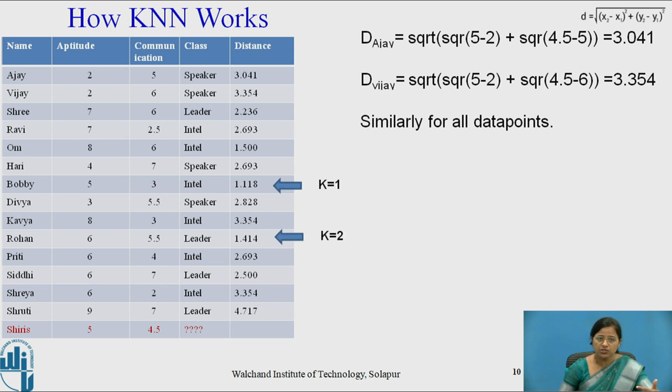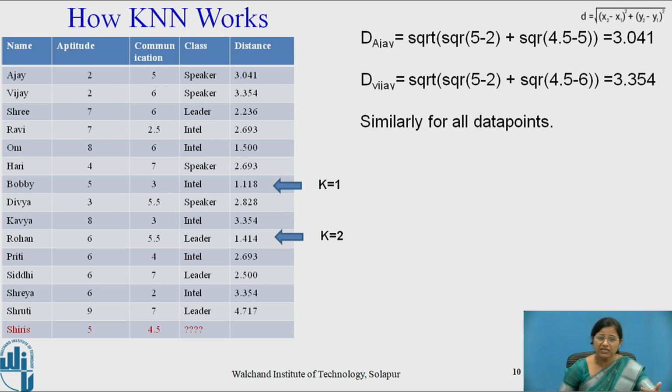Now suppose the value of k equal to 2, then along with Bobby of class Intel, there is one more class identified as leader with name Rohan. So for this, if k equal to 2, there will be a dilemma as to which class we can assign to